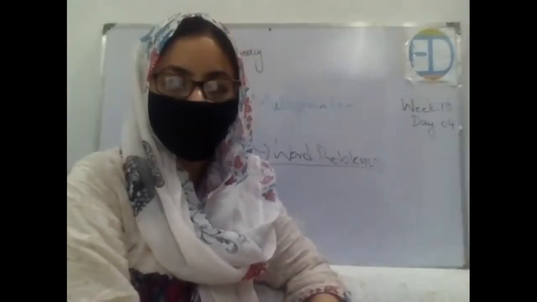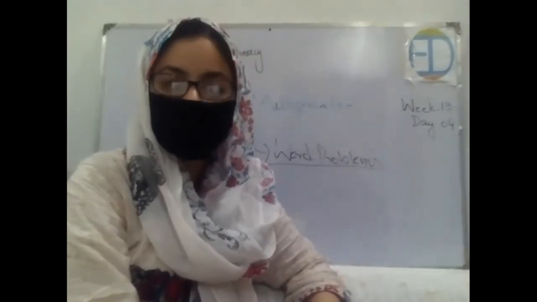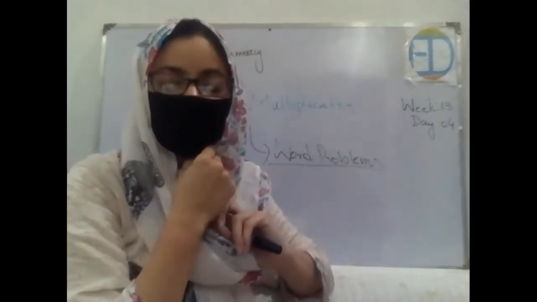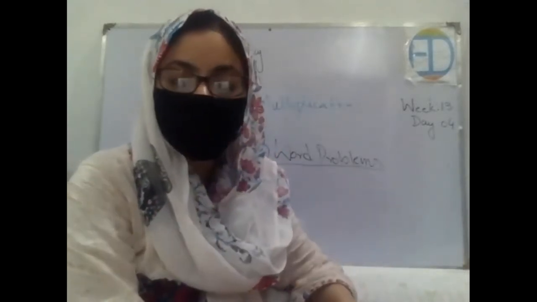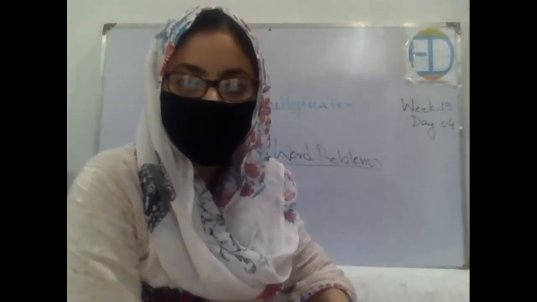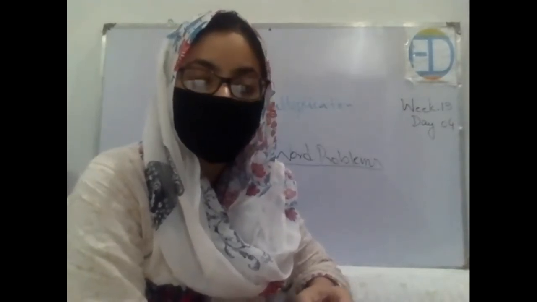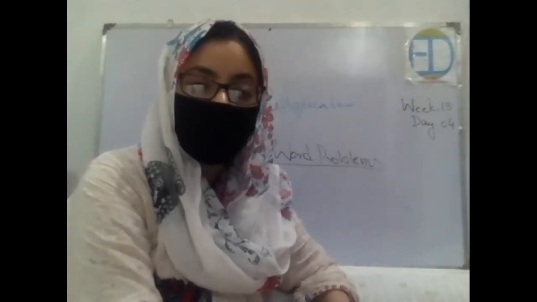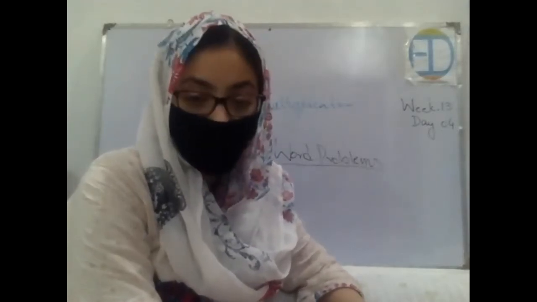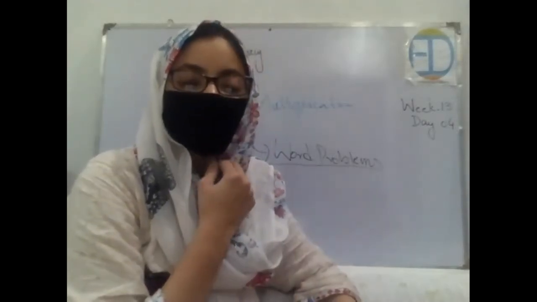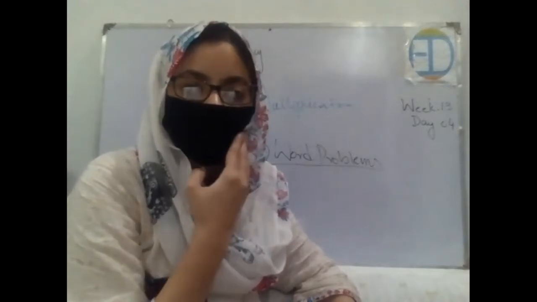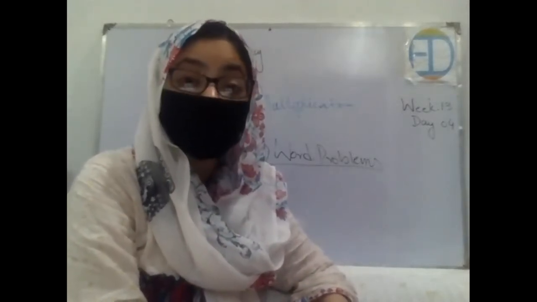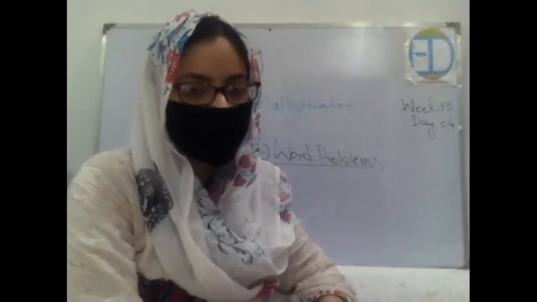So before starting with the word problems of multiplication, let's first quickly revise what we have learned about multiplication so far, right? So can you define multiplication for me? Multiplication is basically when we multiply two numbers, okay, and the answer is known as product. There was another definition that we discussed on the very first day. Can anyone tell me that? Multiplication is repeated addition. Very well done.